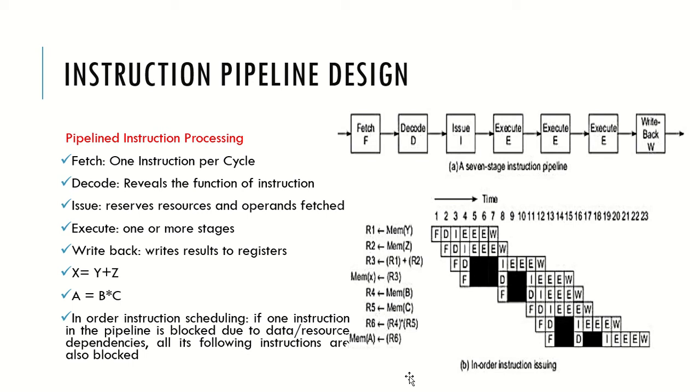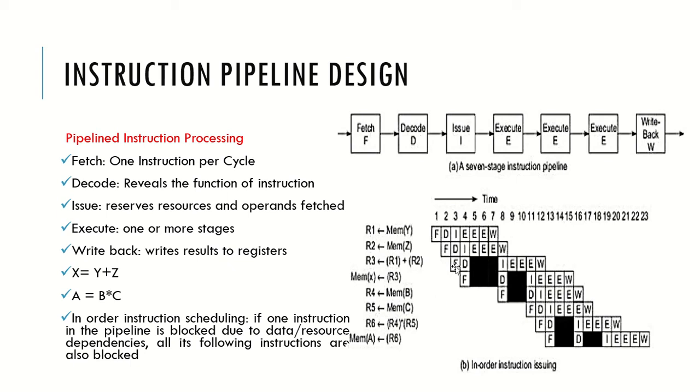Now what is the second instruction? It is A is equal to B into C. So what you have to do? Again you have to load the content of B, then load the content of C. Then you have to get a register where you can actually find the product of R4 and R5, and finally you will have the result at R6, and that result will be copied to the memory location addressed by the variable A. A is not the accumulator here, A is a variable. Okay, so please don't get confused by it.